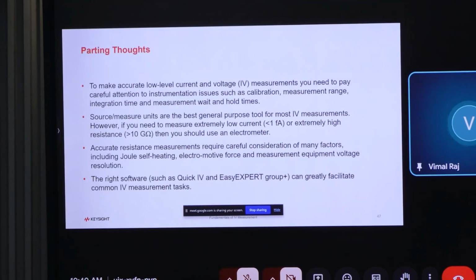Coming to the summary, today we discussed what the characteristics are, what the linear and non-linear characteristics are, what IV characteristics are happening, and how to achieve low current measurement, what steps we are following. You want to look at